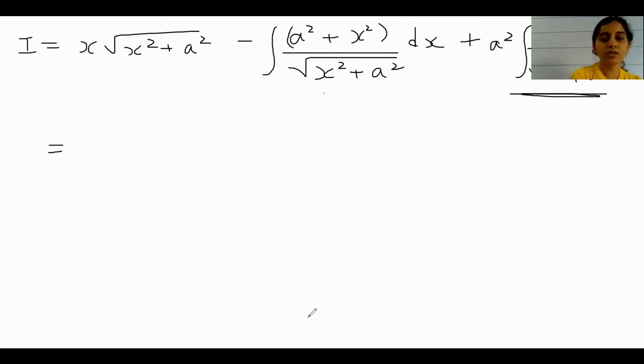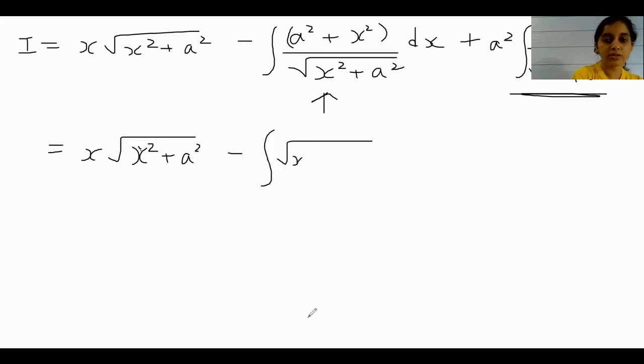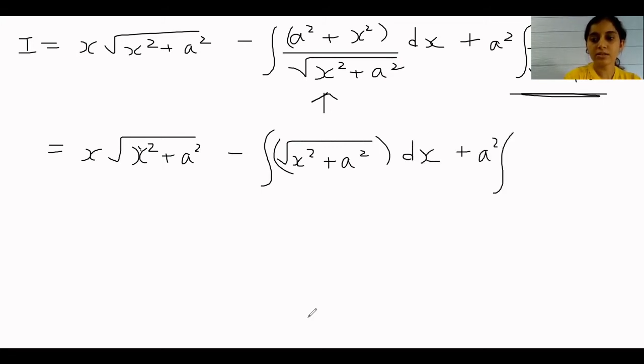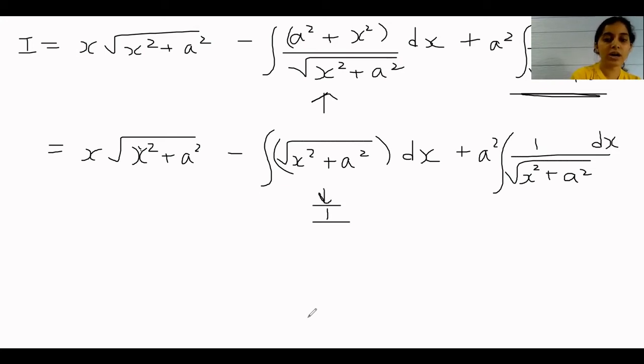Here, if you observe the second term, you can rationalize the denominator. And so what do you get? x into x square plus a square, minus integration of root of x square plus a square dx, plus a square as it is integration of 1 upon root of x square plus a square dx. Now what is the second term? It is the question itself. It is your integral I. So I is equal to,